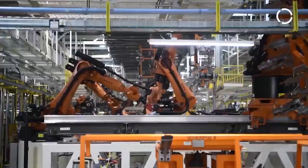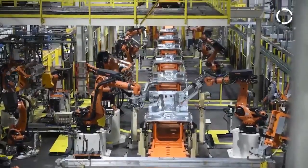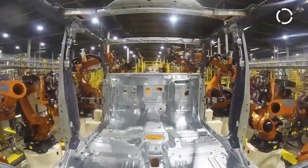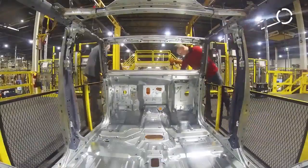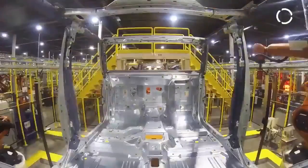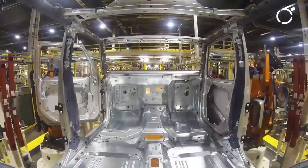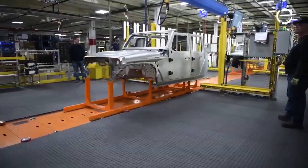This plant is pioneering in terms of networking, process control, and flexibility. For years, the plant has been one of the most efficient body in white lines in the automotive industry and has pioneered innovative solutions for new industry standards. Assembling the body in white involves welding the underbody, body sides, windshield frame, and closures together, which enables us to showcase our best-in-class automated metal joining technologies, developed primarily for customers in the automotive sector and in use in assembly